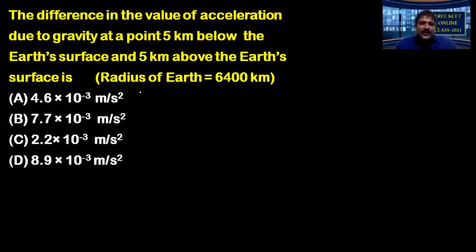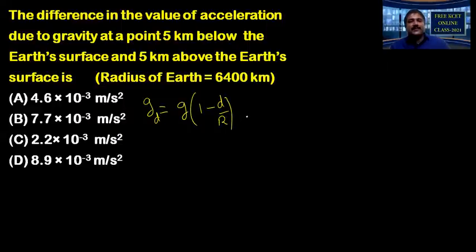So we know the formula, directly using the formula and substitution. So at a depth, acceleration due to gravity, I will write GD equal to G into 1 minus D by R. This is the acceleration due to gravity at a depth D, and at a height h, small height, this is the important thing you have to note. If the height is very, very small compared to the radius of Earth, then we can take GH at a height h. You can take G dash, you can take GH or G of h. The symbols don't matter. Only thing you have to understand is what you have written for what. So G into 1 minus 2h by R.